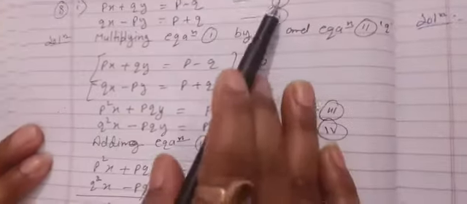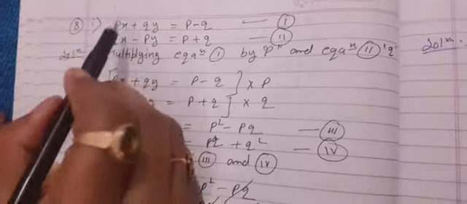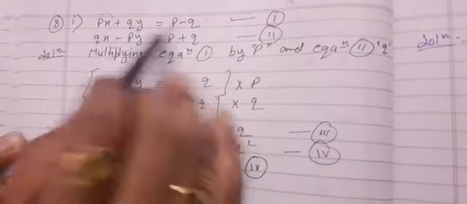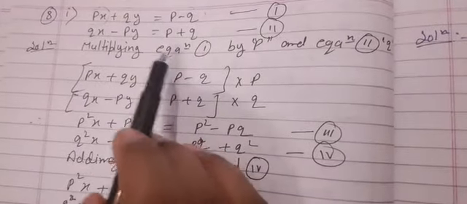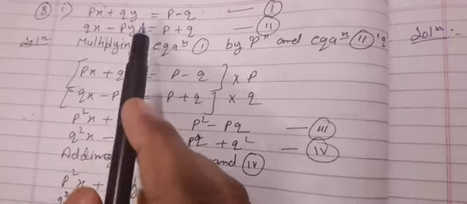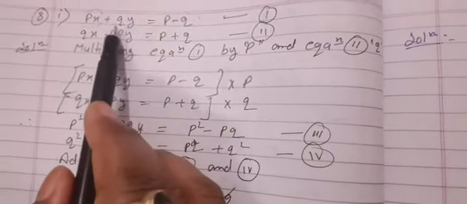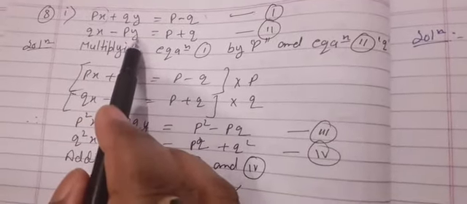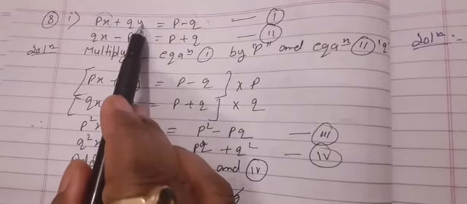Then what I did, you just see equations 1 and 2. Now I have seen that okay, this is one term of x, y is the second term, and this is the constant term, so no need to solve it directly. We have written 1 and 2, and we will start solving the sum from here only. Now I have decided that I will eliminate the y term. So I checked the coefficient of y here, and the coefficient of y here in equation 2. Here is q and here is p, so I will multiply the first equation by p,